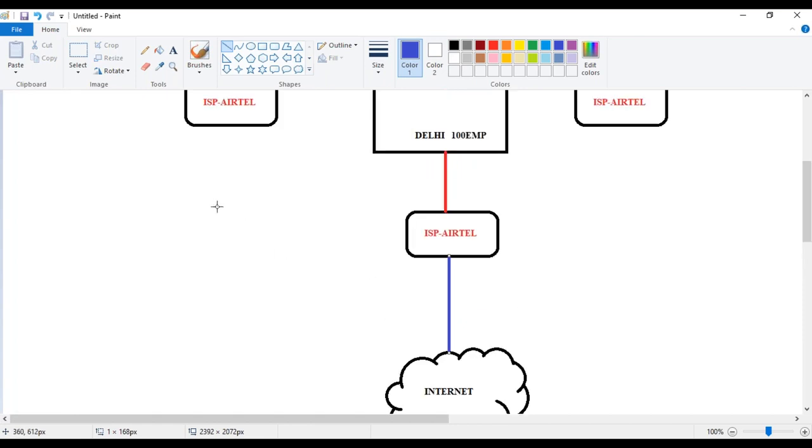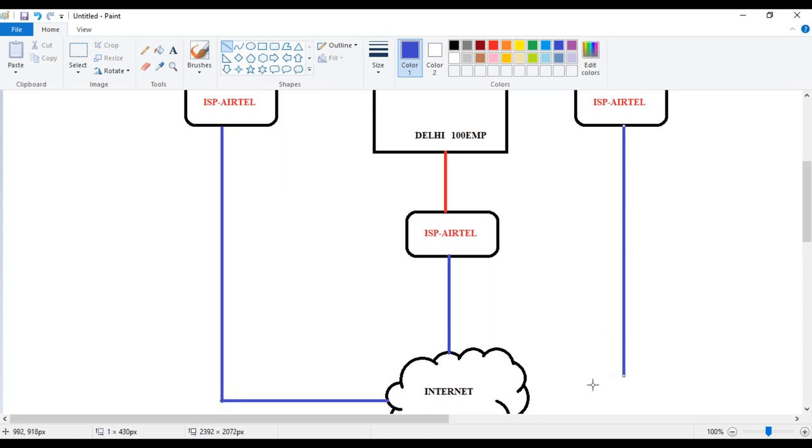Like this, you're going to connect your office to the internet. Let me connect this one. So this is how overall the connectivity will be going on, guys.